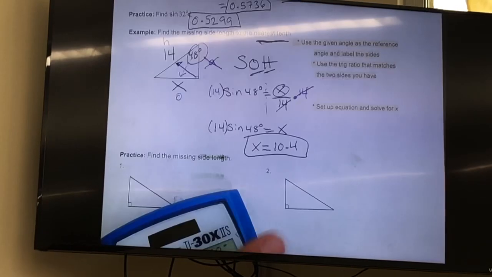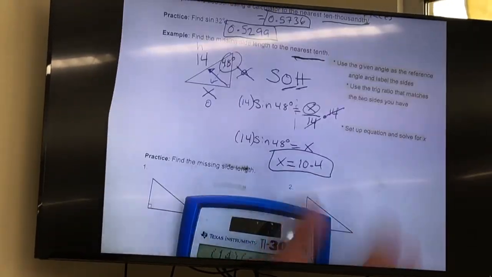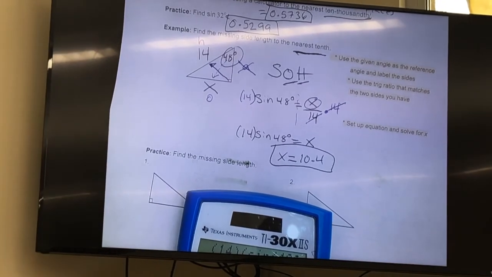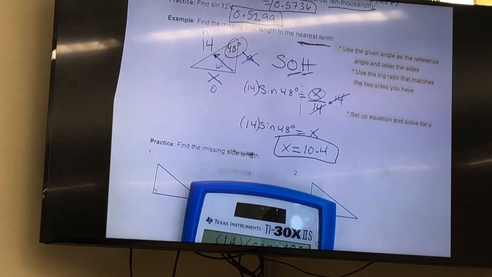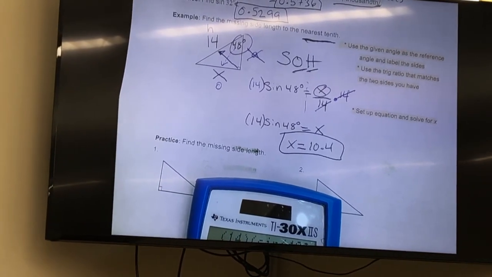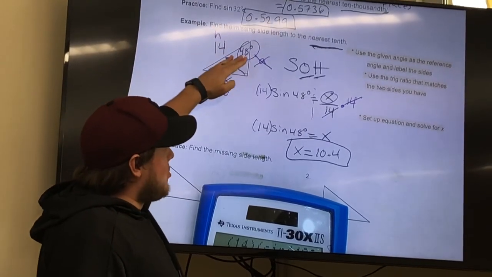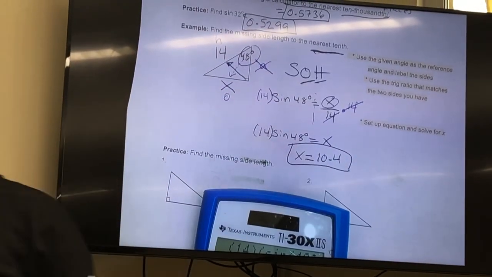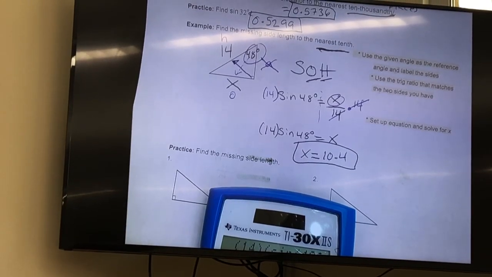Some of you, if you forget like Mr. Deshane almost did, if that happened to be in radians, does this make sense for an answer? Miss May, what do you know about the hypotenuse? Is it the shortest side or the longest side? The longest side. It is the longest side. So if the longest side is 14, would that make sense that that's a little bit shorter? Yes, it would. So that looks like a good answer. Okay,